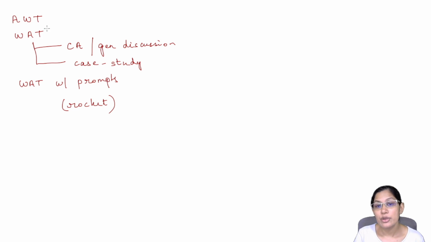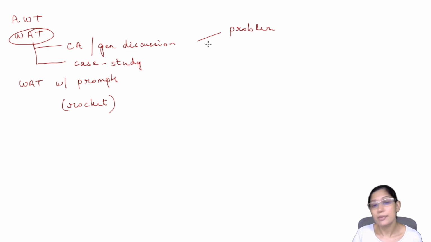So today what we'll be doing is we'll be focusing more on the standardized WAT, where you have a particular topic. Again, it'll typically be something which is of interest now, or which is being discussed now, or something which is more like an evergreen problem, right? Something like climate change. Maybe it could be something where we have to solve a problem. So a common thing which comes to mind is something like the pandemic.